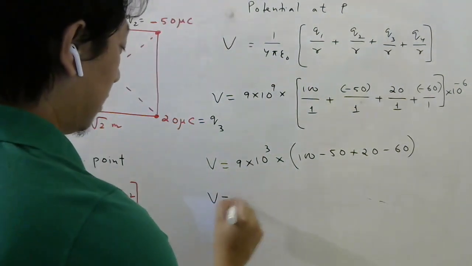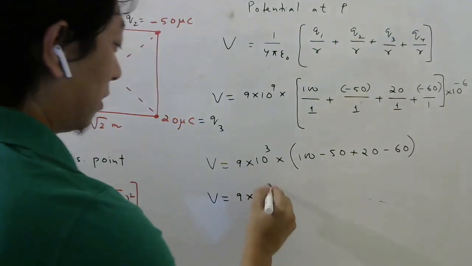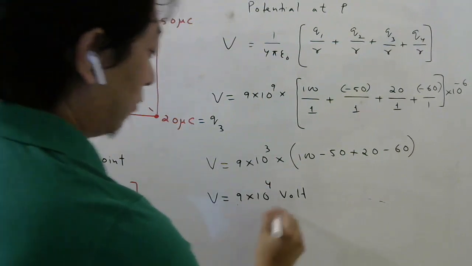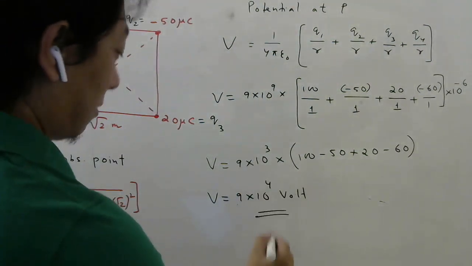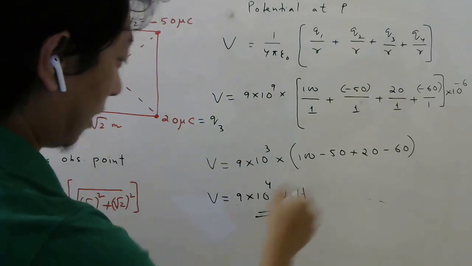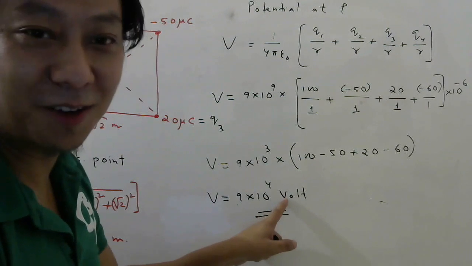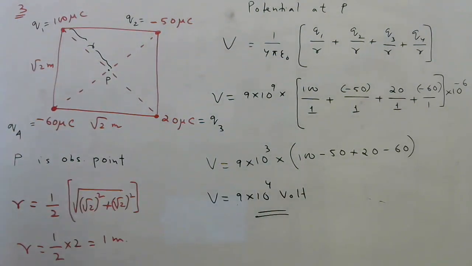So this will be equal to 9 into 10 power, this will be 10. 10 into 10 power 3 will be 10 power 4. Answer is volt. So 9 into 10 power 4 volt. Okay. You cannot cancel the capital V, but sometimes some students will cut that V. That you should not do. This is the unit of potential, so you should never cancel such things. So this is a very simple question. I hope all of you understood. Okay. So this is what we were supposed to do last class.